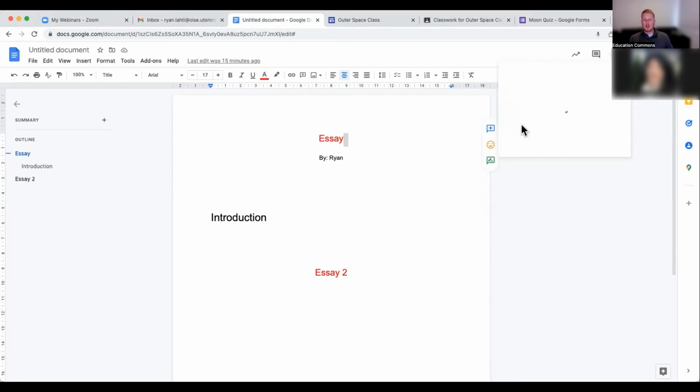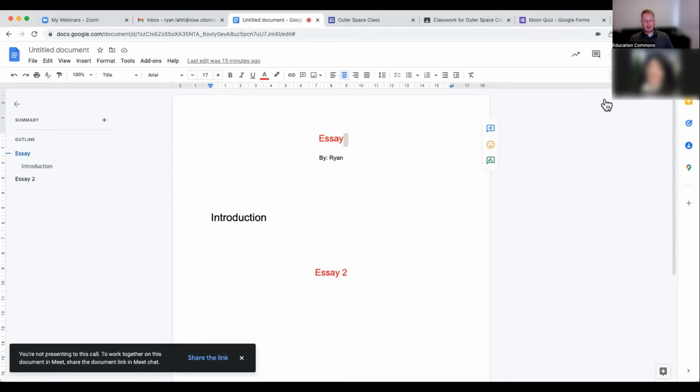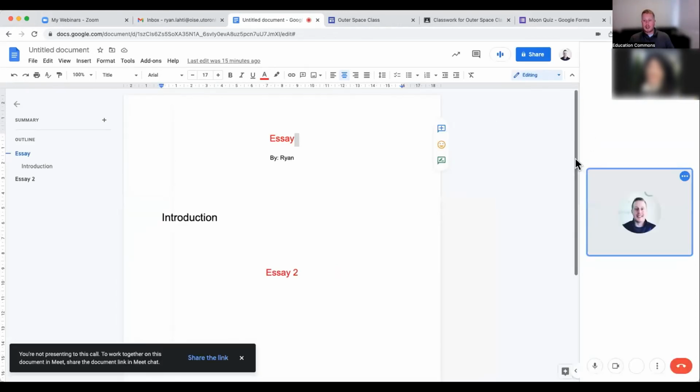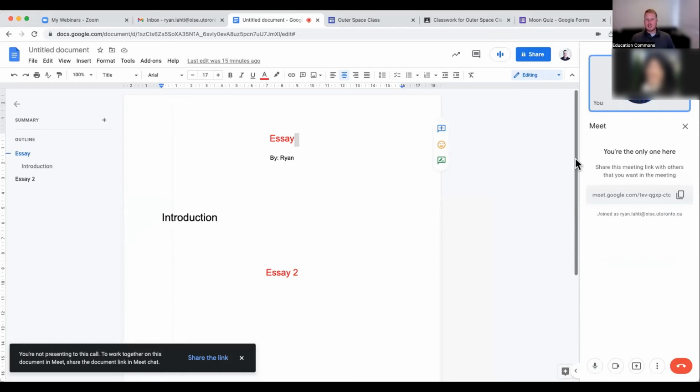So when I press start a new meeting, on the right-hand side, hopefully it's going to open up. There we go. So on the right-hand side, you can see it's opening up a meeting window, which is super handy. Got my mic, my video camera as well. And I can also start presenting, and I can present exactly what I'm working on. So it really helps bring these types of office hour type meetings or feedback meetings with students to the next level, because now the teacher can see in real time